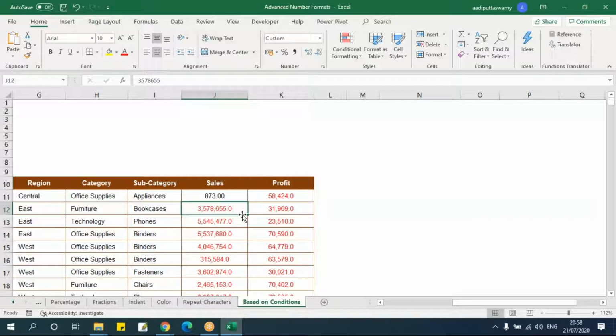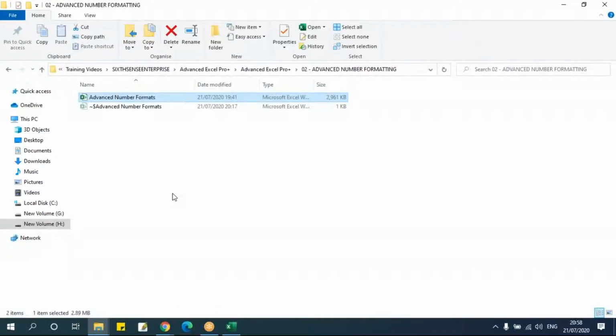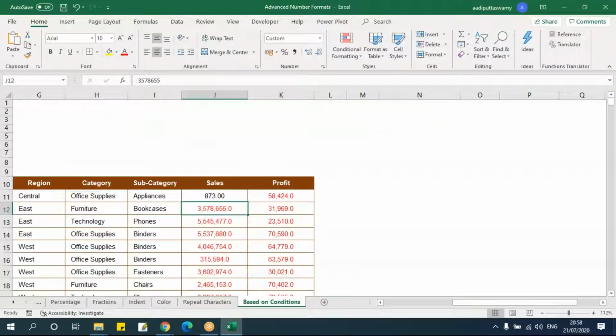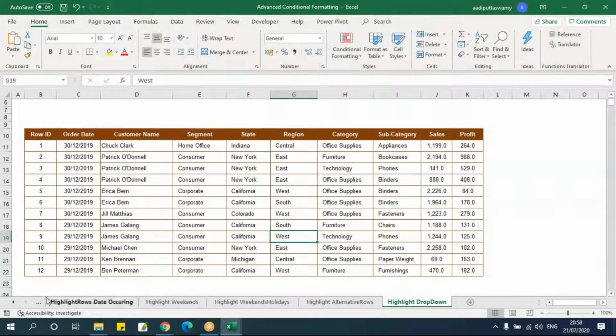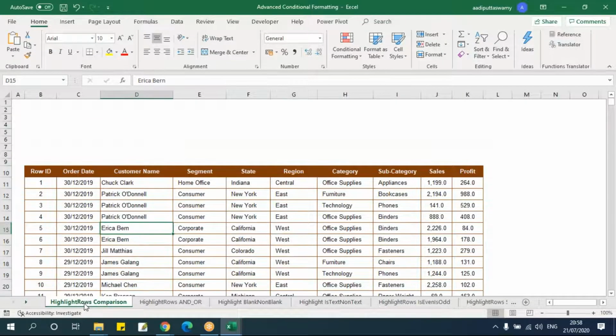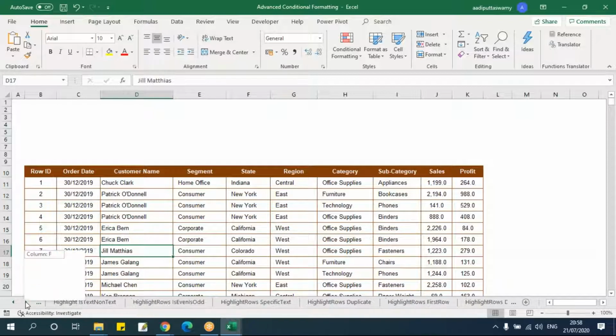I'll tell you how to use these kinds of formattings automatically, so they get applied to the data we're trying to pull. Okay, let me show you the next chapter, but I don't think I can cover it completely because it has something more, say advanced conditional formatting. I have prepared some sheets for this. It will take a lot of time, so I'll just start tomorrow, because there are so many things which are very important for our dashboards. I'll just tell you what all things are there.